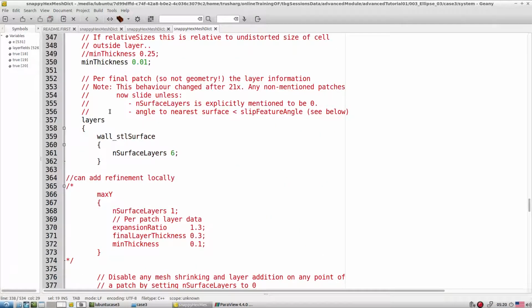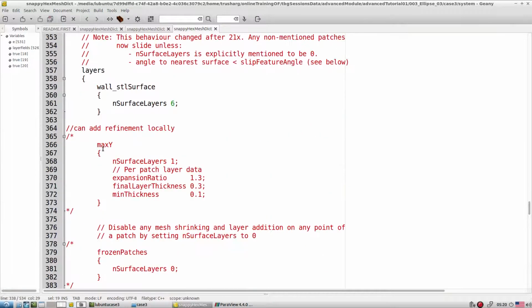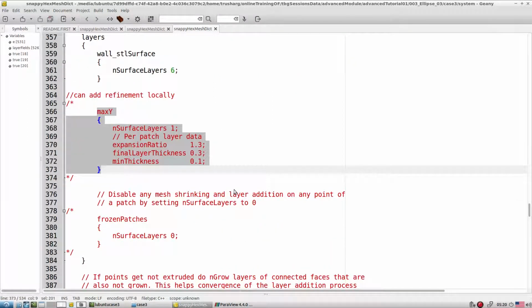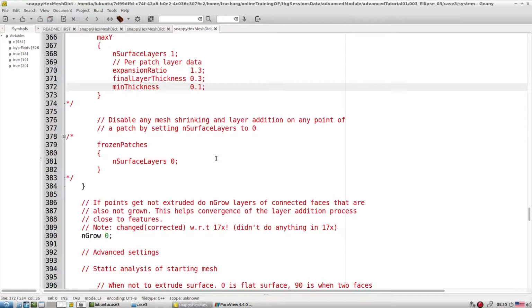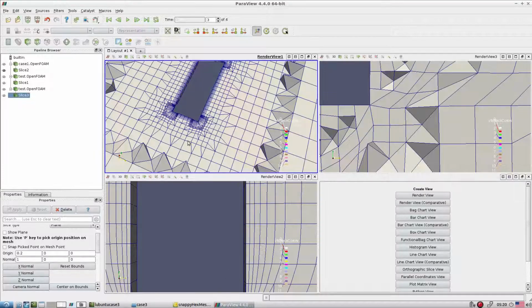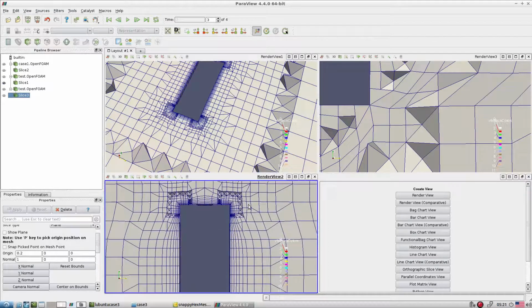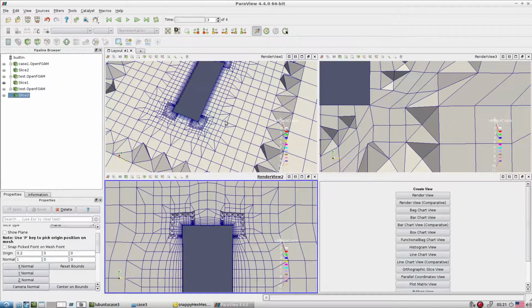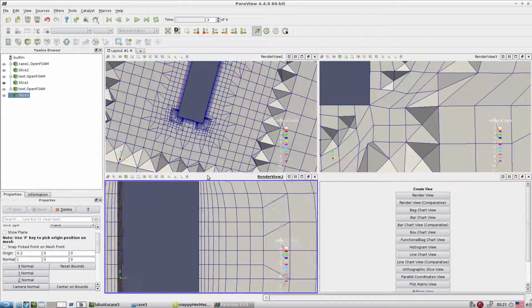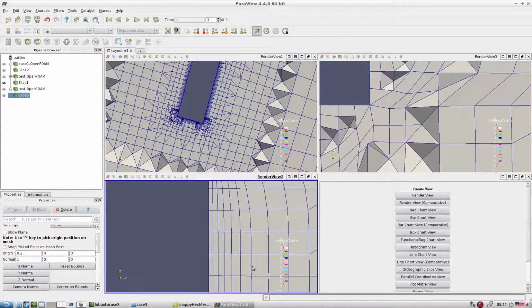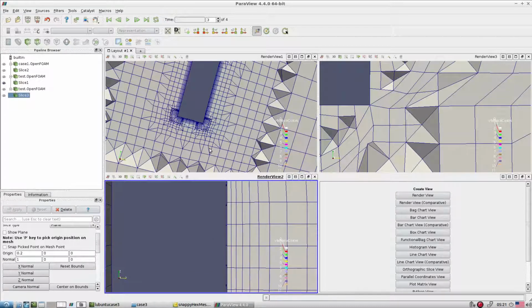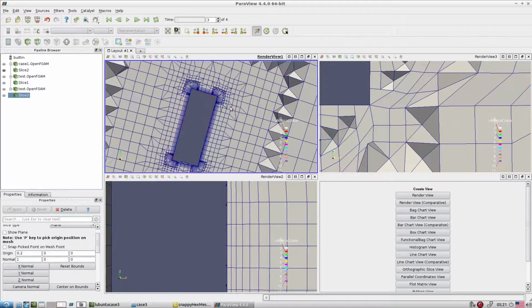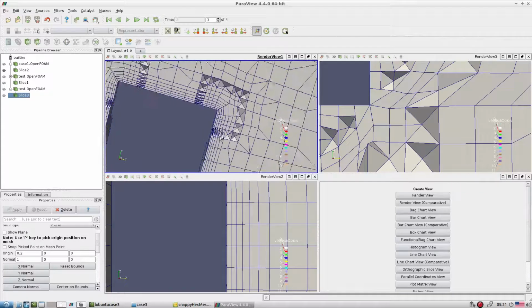Whatever you set globally, locally for each surface you can change it, as well as the number of layers you can change. So all these things you are able to do very quickly. And this is the difference: if you have true, then based on the cell size, the near wall element is going to change. But if you have false, then everywhere you have a very nice layer.